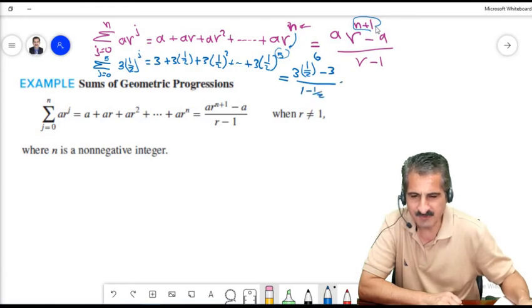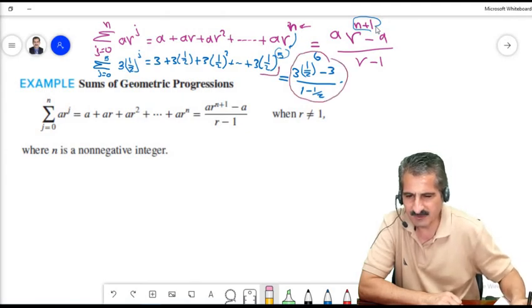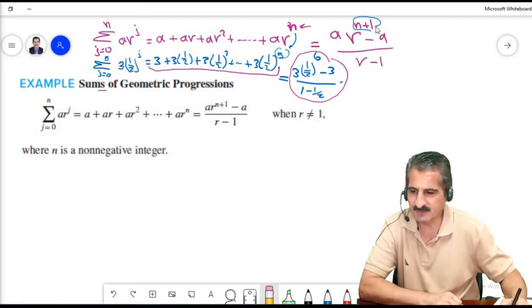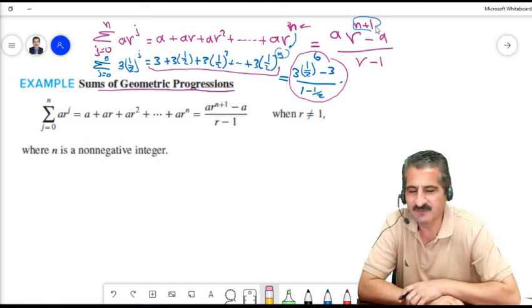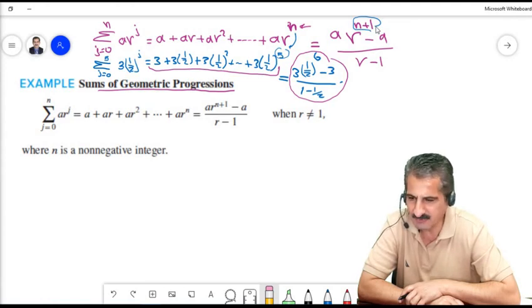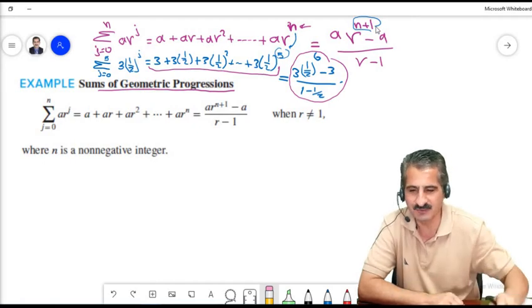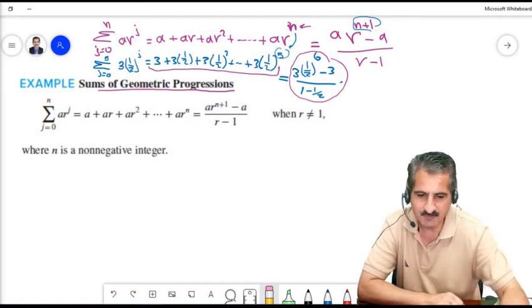So when we compute this side, it will indeed be the same as the summation here. And this is called a geometric progression. And if you studied calculus 2, and you should, you have seen geometric series in calculus 2. But there the series goes to infinity, whereas here n is finite. So we want to prove